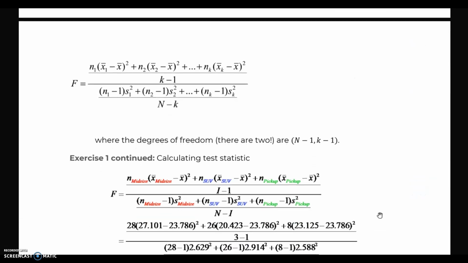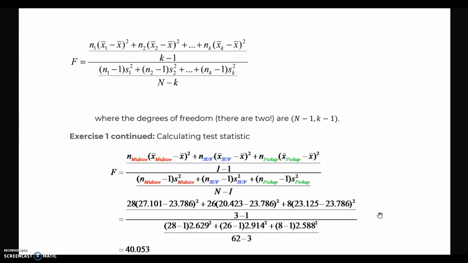We do have this complicated calculation, which generally we don't do by hand. I'm going to show you some examples with technology instead. But we do have the means given for these different groups, and so we're going to plug them in and look at the calculation over here. There are two different degrees of freedom. The degrees of freedom for between is k minus 1,